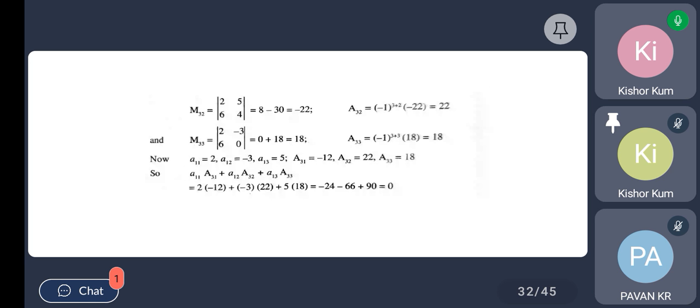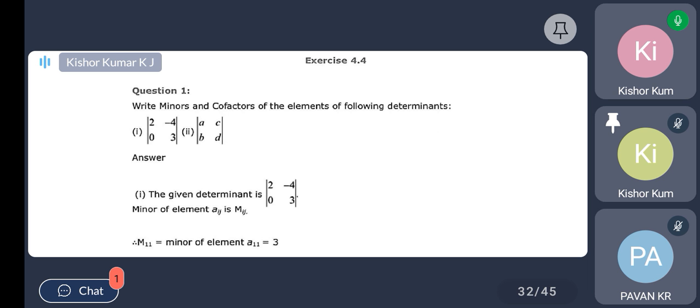We have only 4 problems there. The cofactor, we know the definitions from previously. Depending on the minor and the cofactor, we are going to calculate the same thing in all the problems here. So let's see the first question.